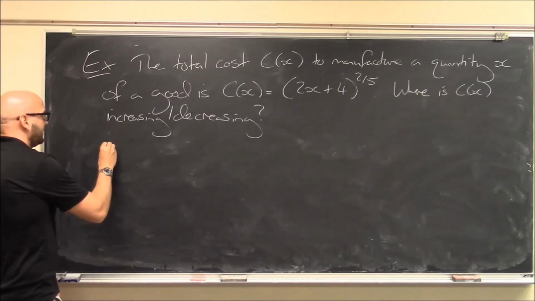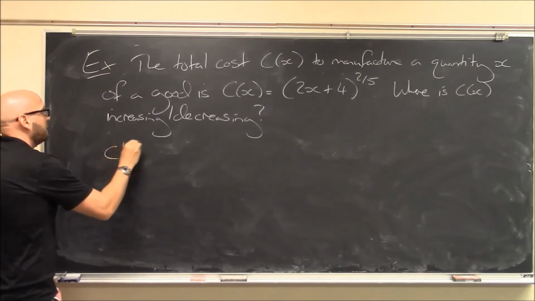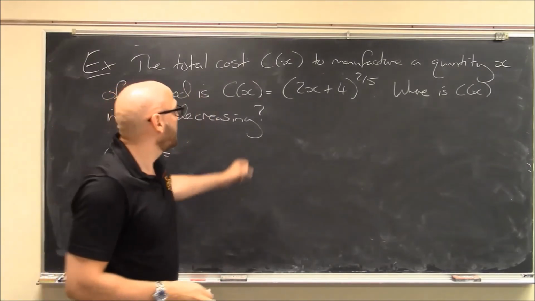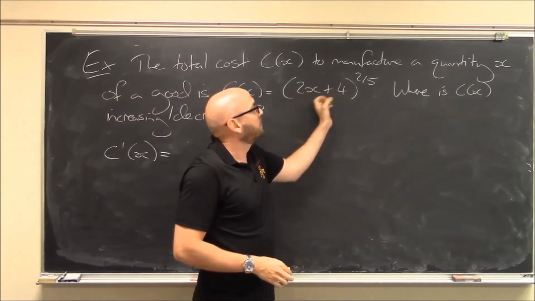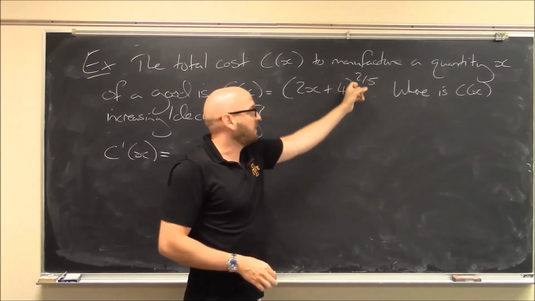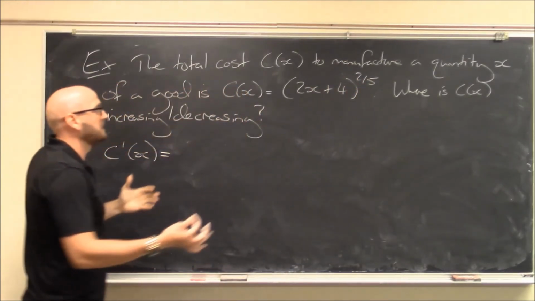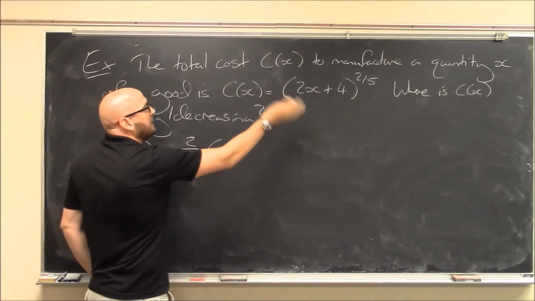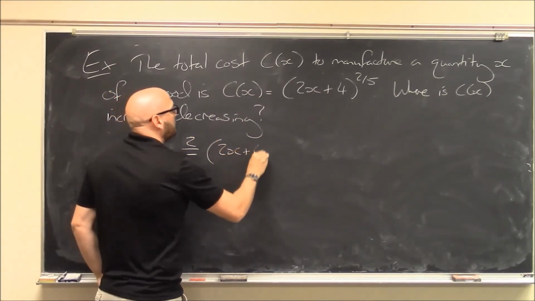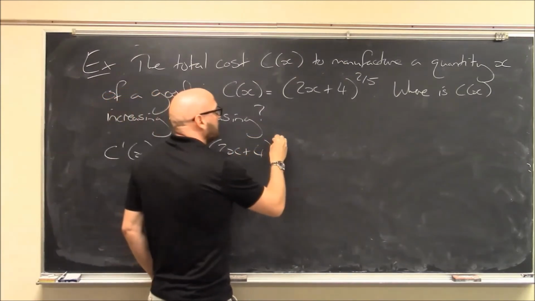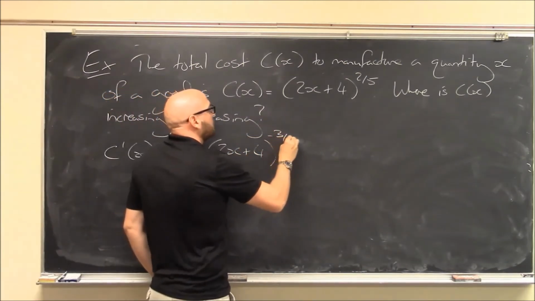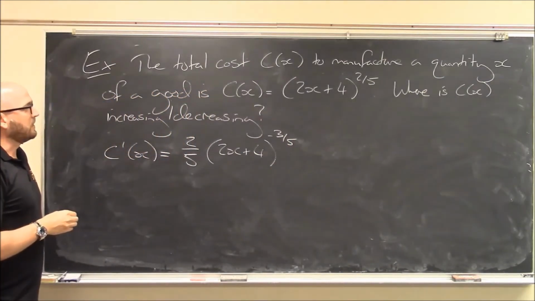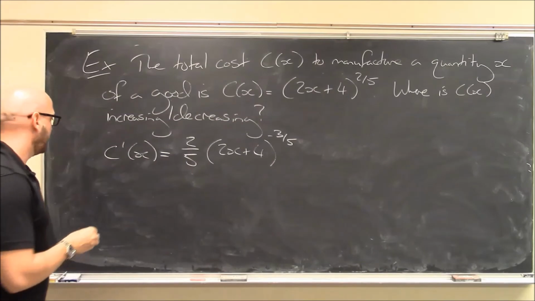So let's see. We want our derivative, so we want c prime of x. What type of function do I have? Well, I've got some function of x plugged into a function that raises everything to the 2/5. So this is special case number 1 of the chain rule. My derivative is going to be 2/5 out front. Inside stays the same, 2x plus 4. Power lowers by 1, so 2/5 minus 1 is minus 3/5. Okay, so there's c prime of x, and my critical numbers